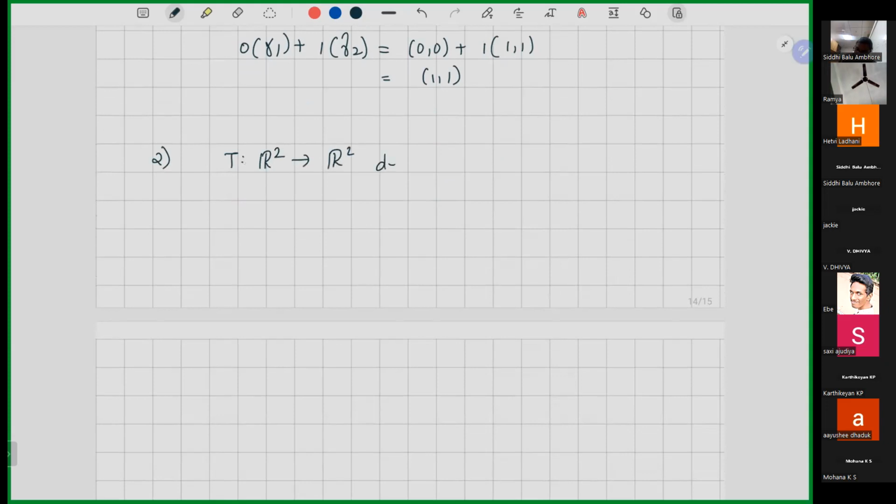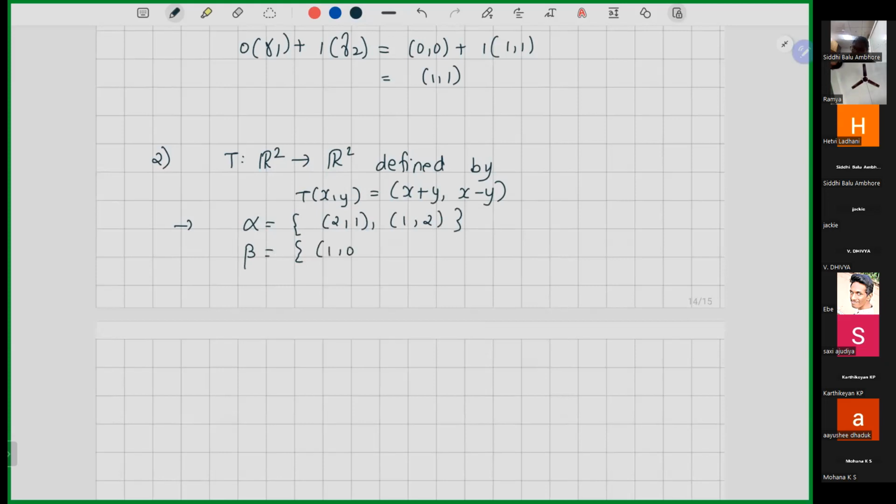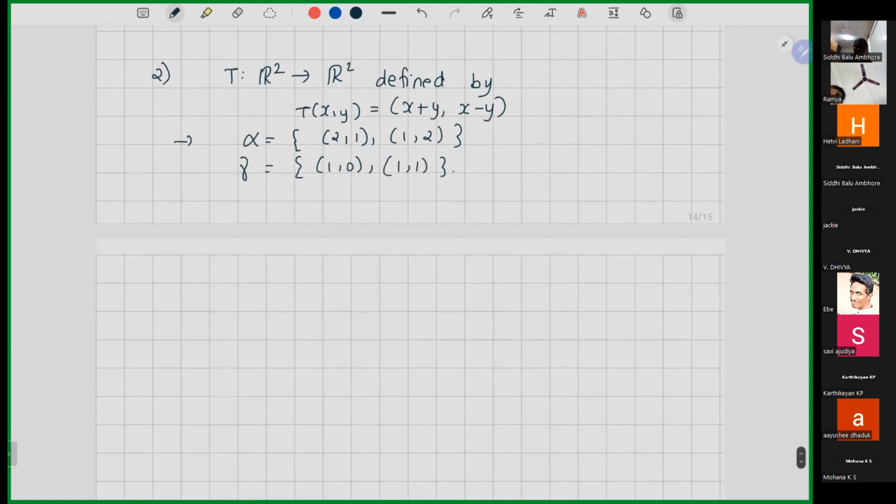Again defined by T of x comma y to be x plus y comma x minus y. And now I'm taking alpha to be 2 comma 1, 1 comma 2, and gamma to be 1 comma 0, 1 comma 1. And I want to find the linear transformation matrix. Compute